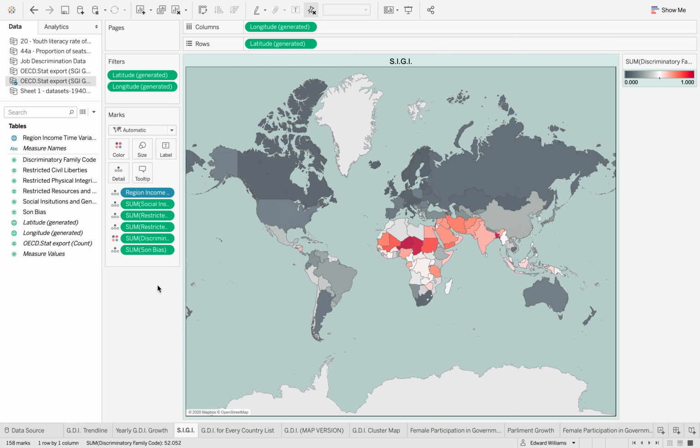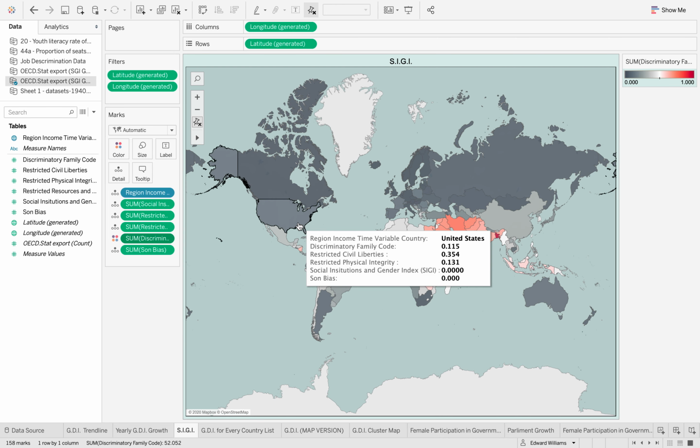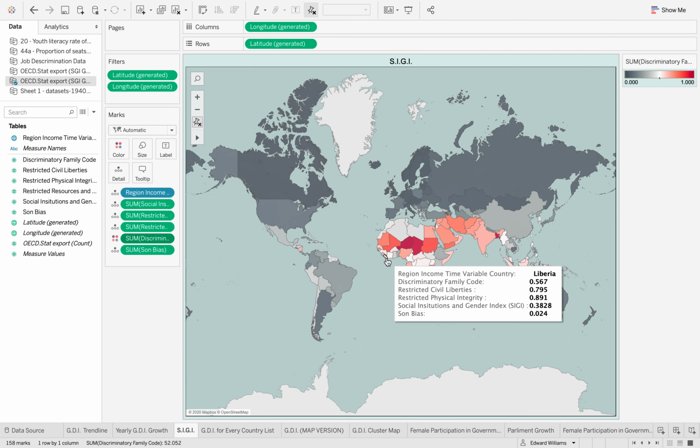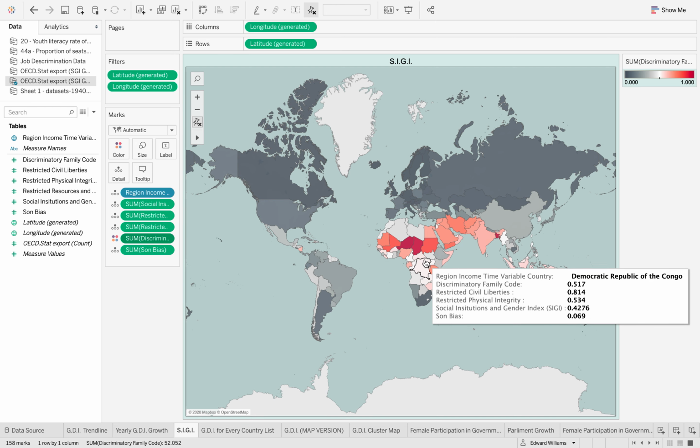So the SIGI, which is an index that measures the discrepancy between social institutions within each country, used five different metrics to calculate the index. So with these metrics, I just implemented them within the mark section. And one index that I really wanted to have stand out was the discriminatory family code, and I color coded that to represent what the actual index for that specific category was